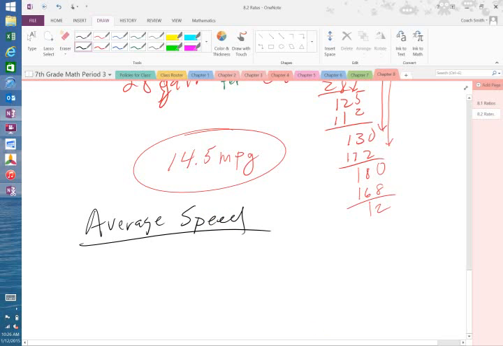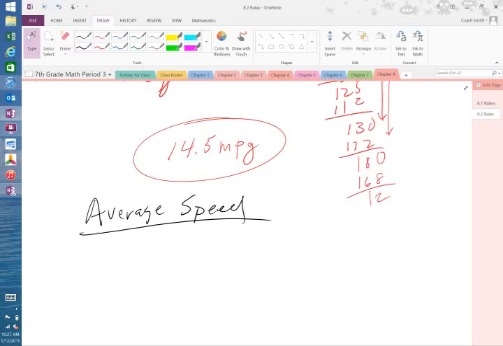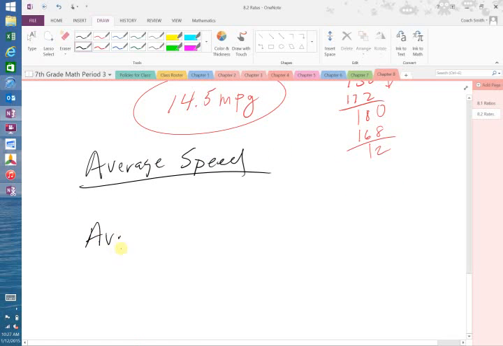All right, now, to find somebody's average speed, how do I do that? How do I find someone's average speed? Distance multiplied by time. No. Distance divided by time. There you go. Distance divided by time. Average speed is equal to distance